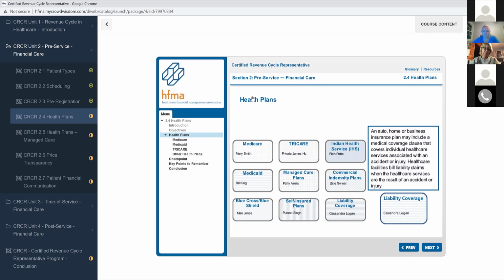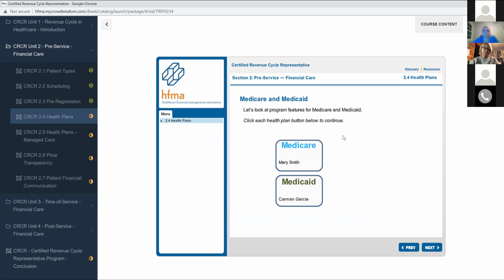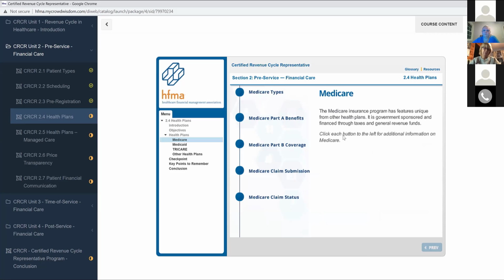So Medicare Part A are your benefits that provide coverage for inpatient hospital services, skilled nursing, or home health. Part B is for your outpatient and professional service coverage, but the beneficiary must pay a monthly premium for the additional Part B coverage. Part C